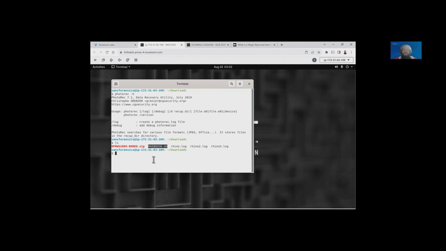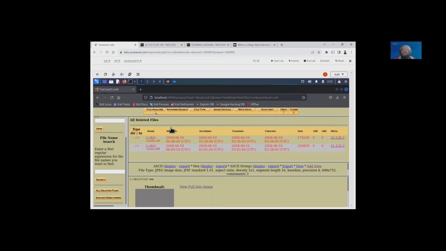Now, the reason I'm going to show you PhotoRec is because, one, it's a nice little tool, and just like Justin was saying with Volatility, we want to be aware of these tools and know how they can be used. The other reason is I did point out that when it comes to Autopsy, no matter what version you're using, they pretty much run the same. But the version that's freely installed here on SIFT and over here on our Kali machine